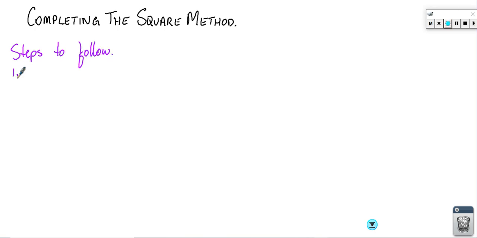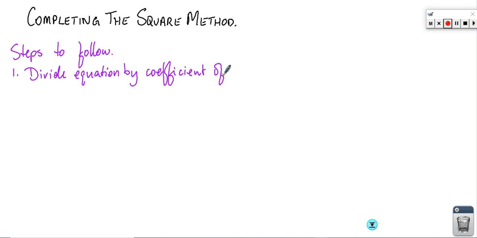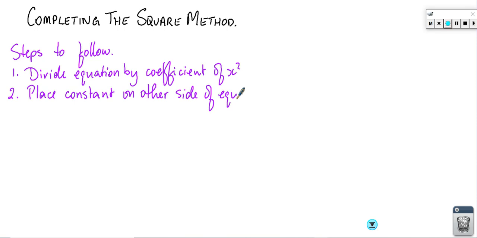Step number 1, divide the equation by the coefficient of x squared. Step number 2, place the constant on the other side of the equation. Step number 3, add to both sides of the equation